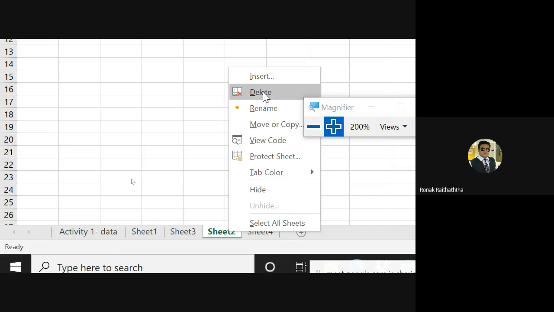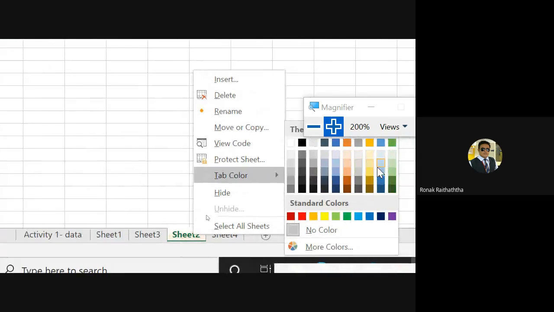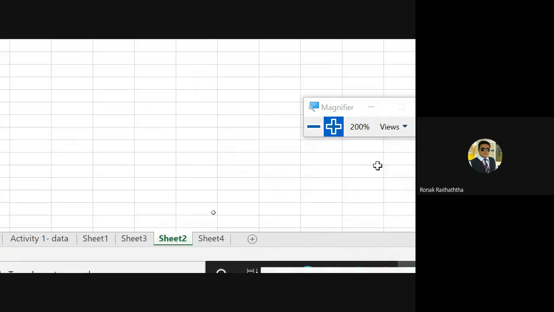You can change the color of the worksheet as well. Please put it in the back of your mind. If you want to change the color, you can go to worksheet number 2, tab color, and say this color I want to give, selecting that color, and the worksheet color will be slightly greenish over there.